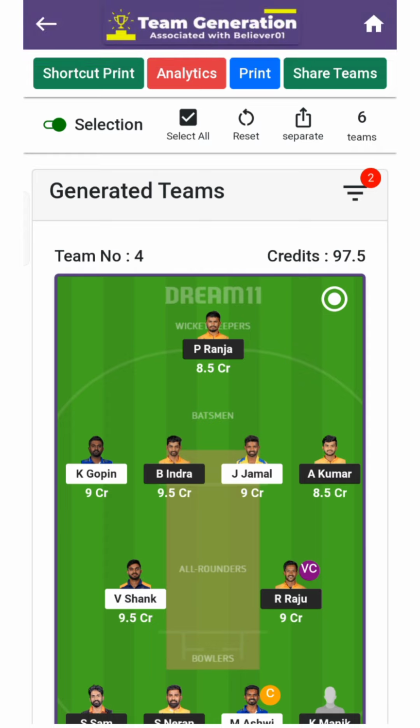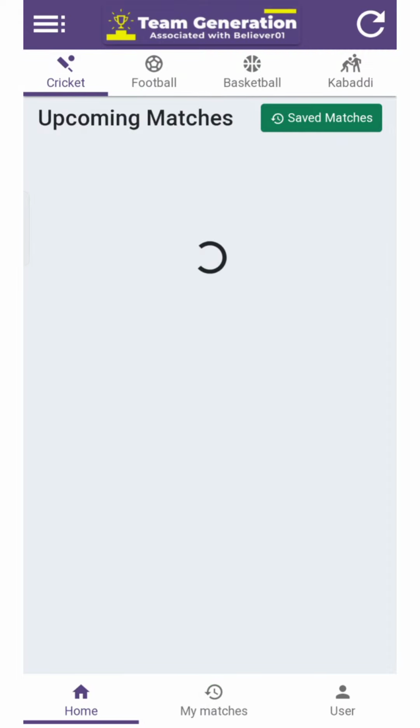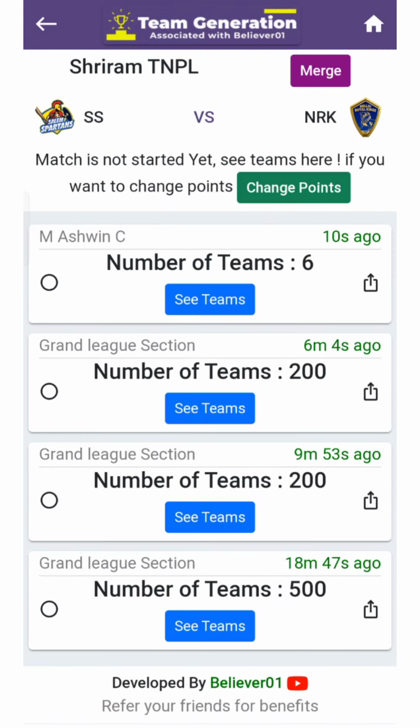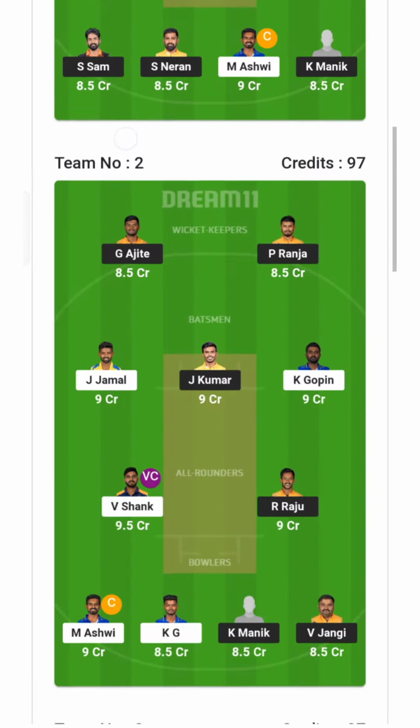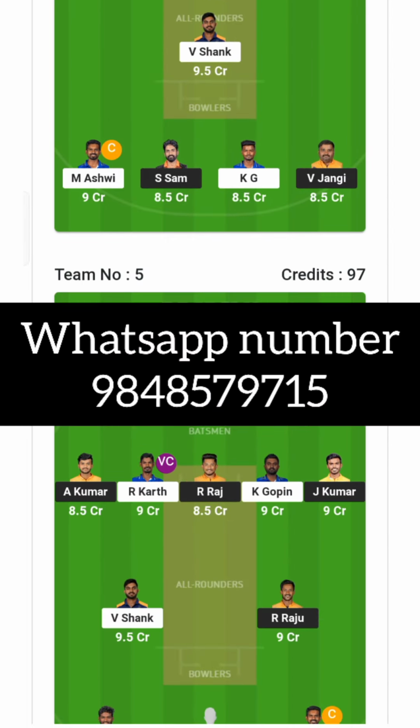So you can see the 6 teams are stored separately. So if I go home, for example, let me show you once again. If I go home, you can see these 6 teams are completely separated with Murugan Ashwin. These 6 teams only contain Murugan Ashwin as the captain. So after filtering your teams, you can separate them, and you can print them, and